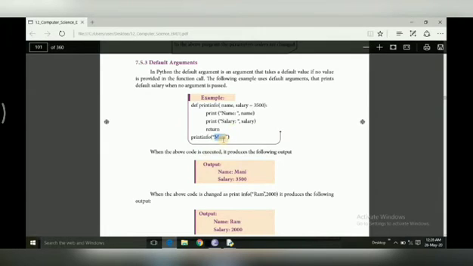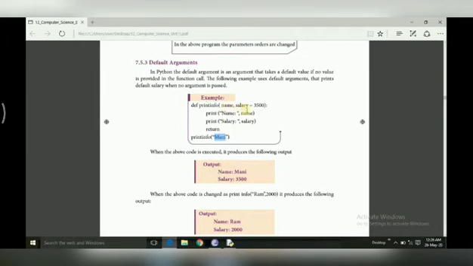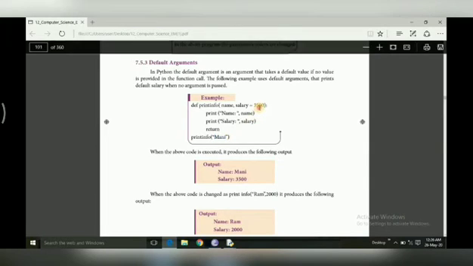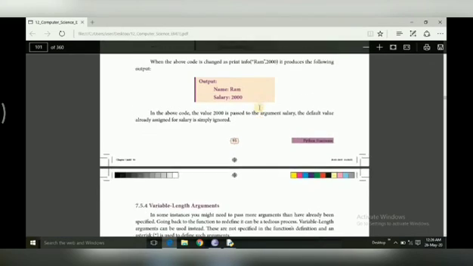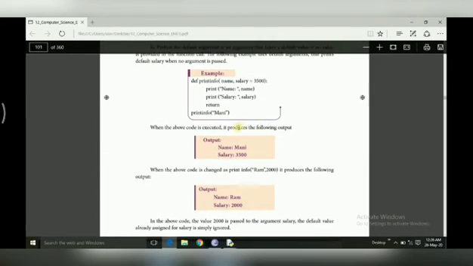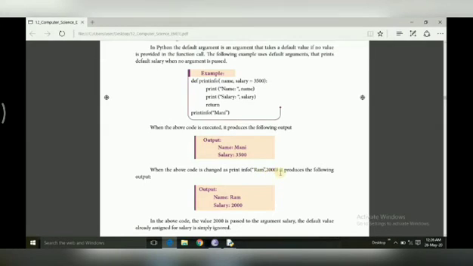In the function call, money is passed as the argument to the parameter name. So only one argument I am passing here. If we run this module, we get the output as name money and salary 3500.